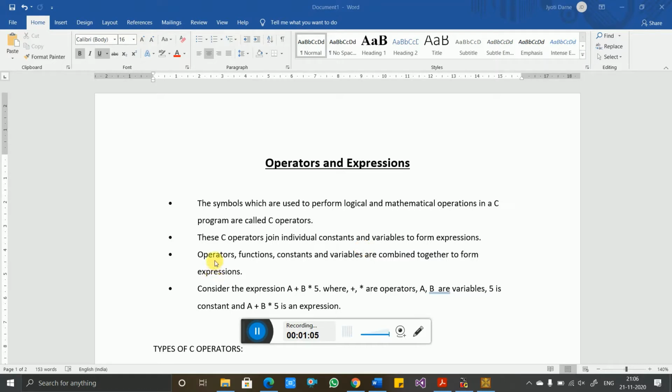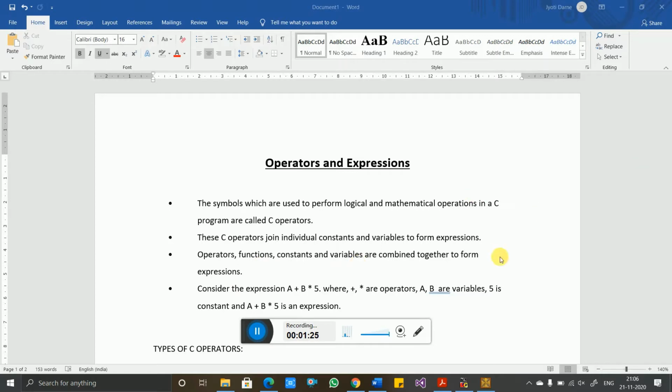Operators, functions, constants and variables are combined together to form an expression. So this is the definition of an expression: when we combine operators and variables, that line of code is called an expression.